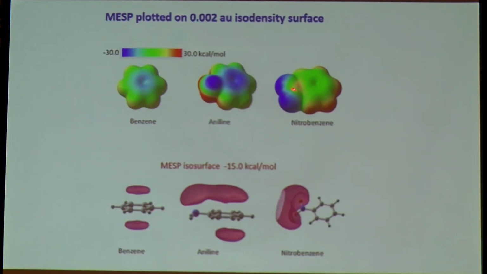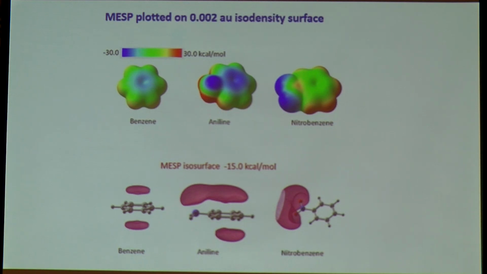See, this is another illustration for benzene, aniline, and nitrobenzene. The aniline is electron rich on the aromatic ring compared to benzene, whereas in the case of nitrobenzene, you can see that it is electron deficient. This is the isosurface plot for that. Definitely the minus 15.0 kilocalorie MESP is not there on nitrobenzene. So how much is this potential changed compared to benzene? Aniline is becoming more negative, this is less negative. That difference itself is a measure of the substituent effect. That is what we have published in that paper.